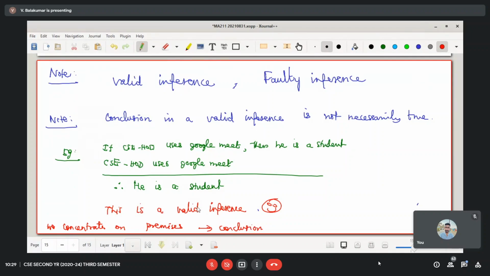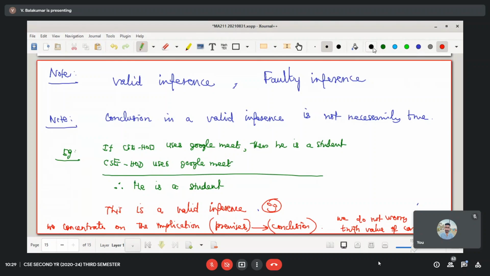We are concentrating on this. Or simply we say that we are concentrating on the implication premises implies conclusion. That's it. We do not worry about truth value of conclusion. Are you following? Is it clear?